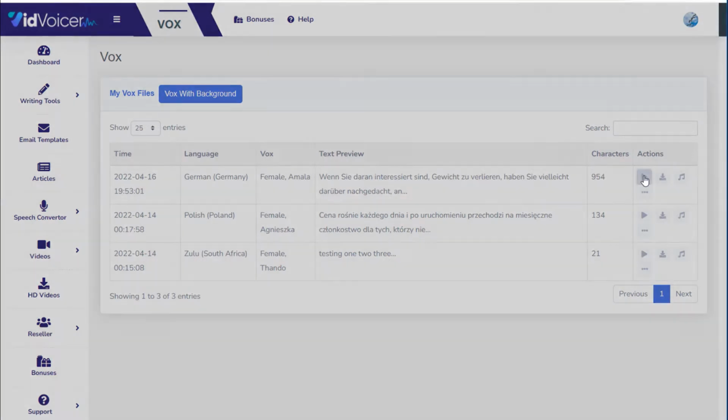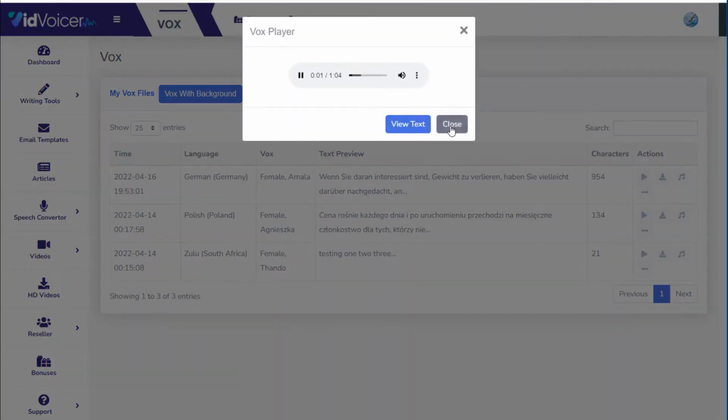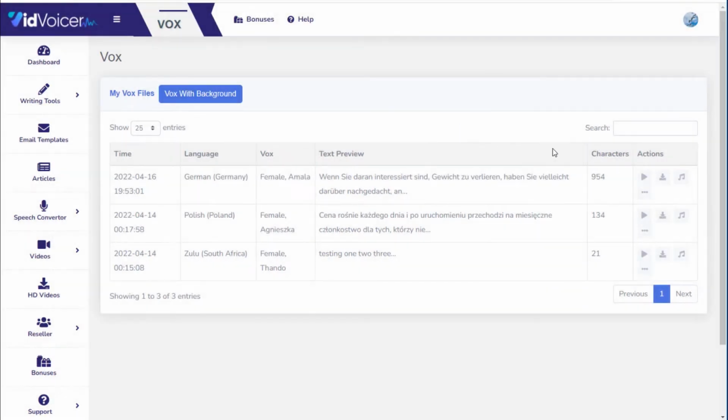Wenn Sie daran interessiert sind, Gewicht zu verlieren, haben Sie vielleicht darüber